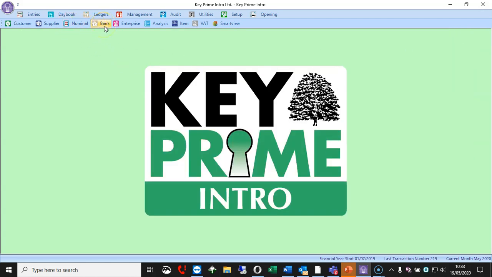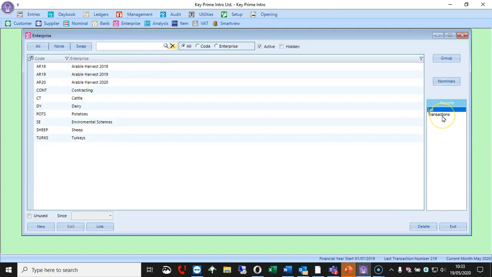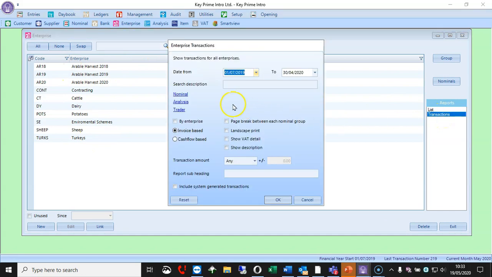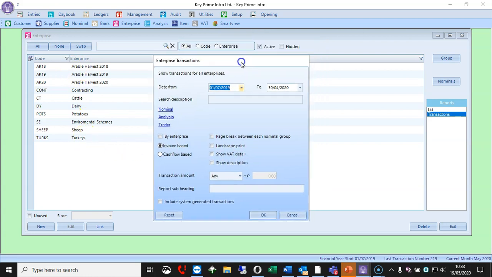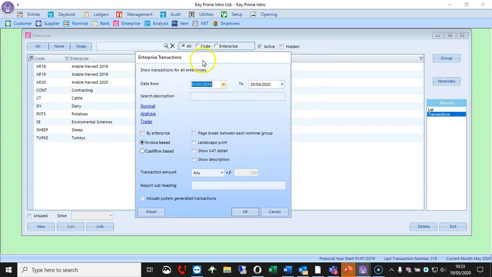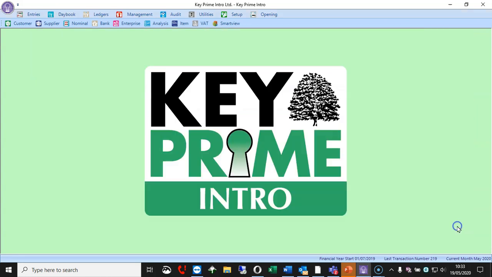We've dealt with the bank. That was the first place we dealt with, because if we start editing or changing stuff within the bank, it's going to affect these other ledgers. So that's why I started with that one. You may or may not be using enterprises, and again, you can have all the transactions to the enterprise. It's just like the nominal transaction report. If you are using enterprises to subdivide your business into different department sectors, we happen to call them enterprises, then that's another good way of checking that you've got everything posted correctly.